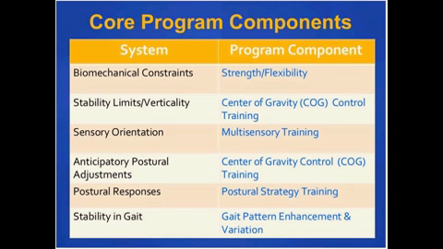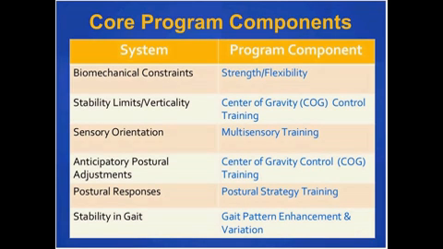So when I'm thinking about designing balance and mobility programs, I go back to the multi-system approach and I consider what are the core program components that are going to address each of these subsystems contributing to our postural control. If one thinks about biomechanical constraints, then clearly core program components of strength and flexibility must not be ignored. And we know that balance combined with strength are at least the two minimal components that constitute an effective balance